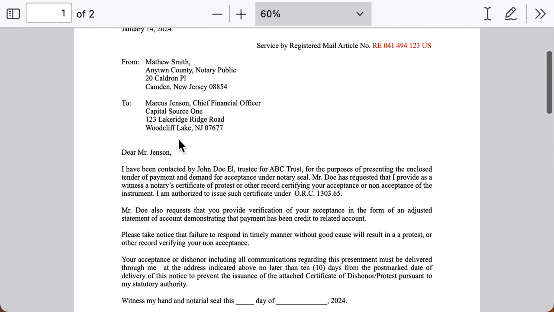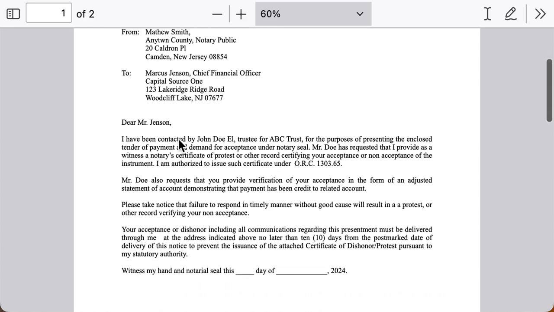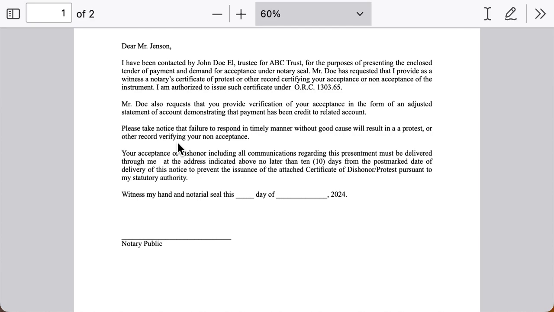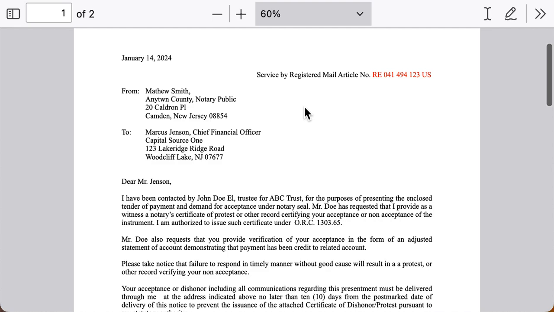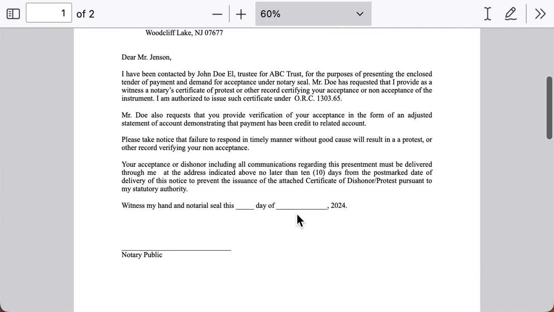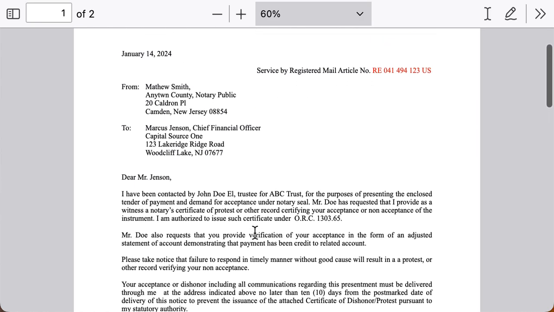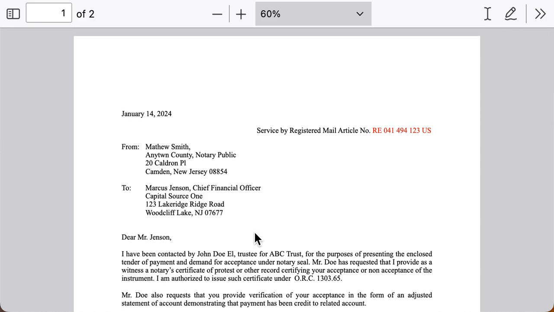This is the notary's cover letter. The notary cannot get personally involved, so you have to be very careful of what is stated, as we're going to go through here. I personally would not put the notary's seal on the cover letter, because the cover letter is not an official notary act. It's just information given notice. So me personally, I wouldn't put it on there. I've seen people do it. I would just sign it, because I think you would be potentially creating a dangerous situation for the notary. You don't want to do anything that's unnecessary when it comes to using a notary for these processes.